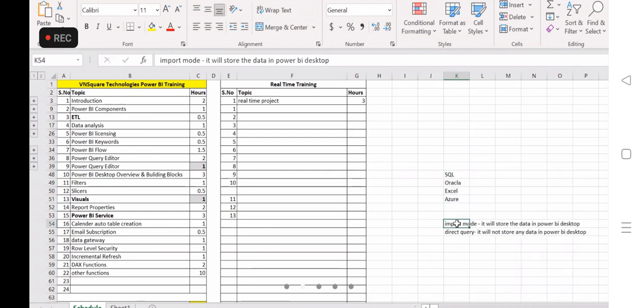Power BI by using import mode, the data limit will be 1 GB only. So if we have data more than 1 GB, then we need to go for DirectQuery. For DirectQuery, it depends on the license. Once we come to the licensing part, I will explain for each license what the limitations of data are. So for import mode it is 1 GB, and for DirectQuery mode it depends on the